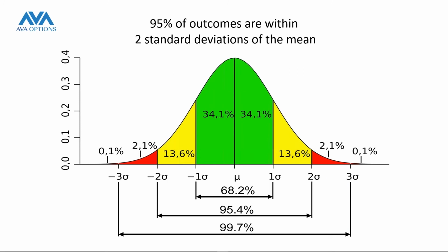Options pricing theory says that most of the beans, 68% of those observations, are going to be within one standard deviation of the mean. Okay? It means that 68% of our observations, we expect, or we're 68% confident that the market's going to fall in this range. We're 95% confident it's going to fall in this range, and we are almost 100% confident that the market's going to fall within this range. I'm going to show you that in the trading platform. It'll be much more clear.